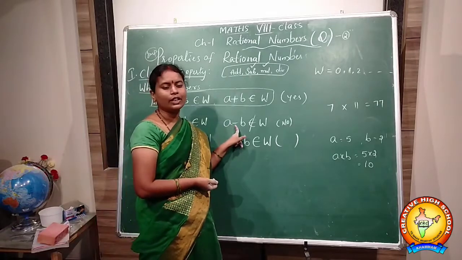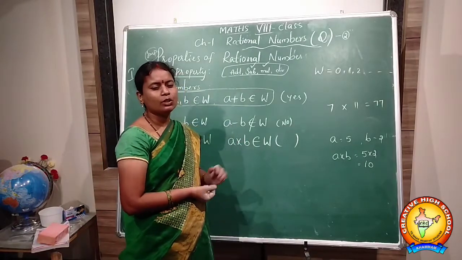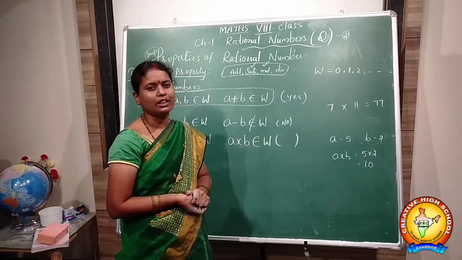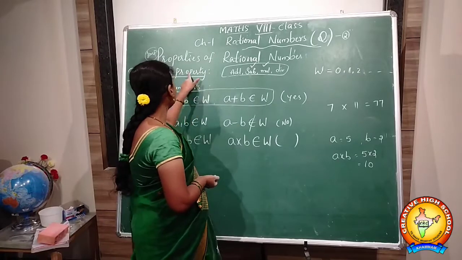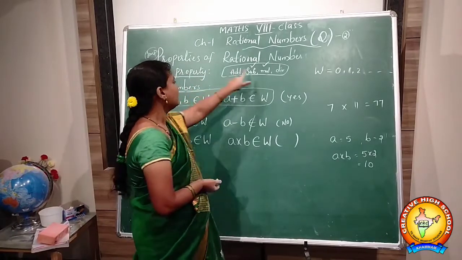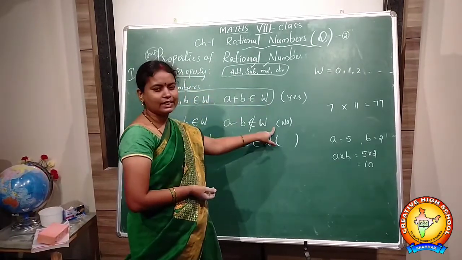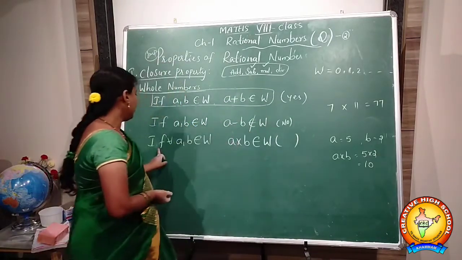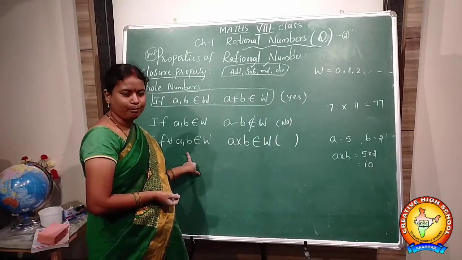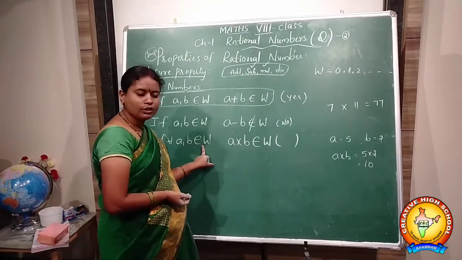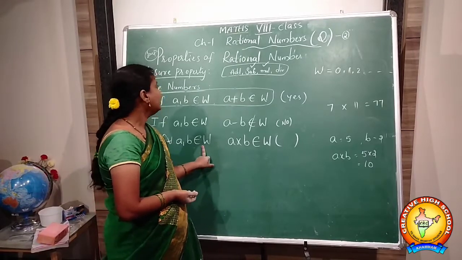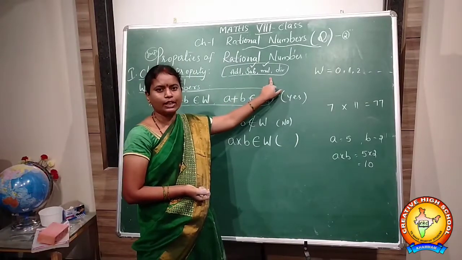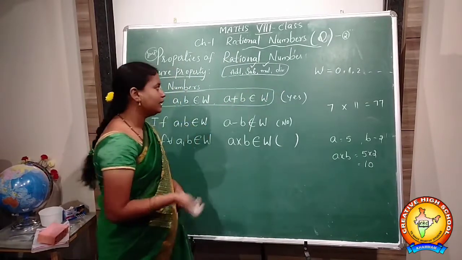But under subtraction it is not satisfied, because it is satisfied only in some situations. In all the situations it is not satisfied. So the closure property of whole numbers under subtraction is not satisfied by the set of whole numbers. That's why here I wrote no. Now for all the numbers A and B which belong to the set of whole numbers, the closure property is satisfied under multiplication. Now let us check under division also.